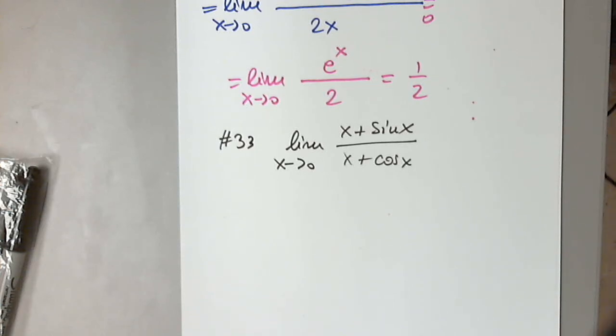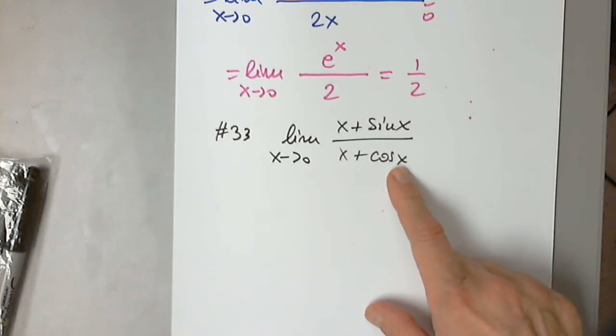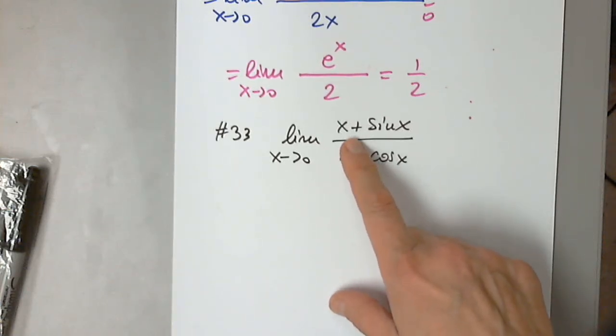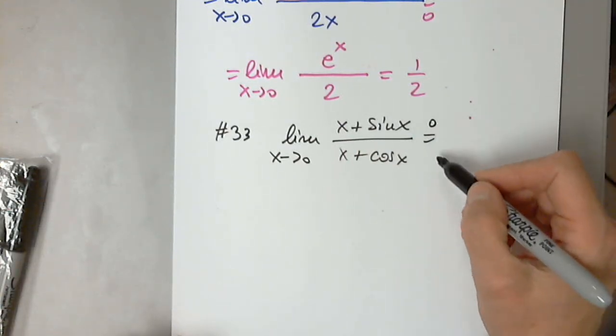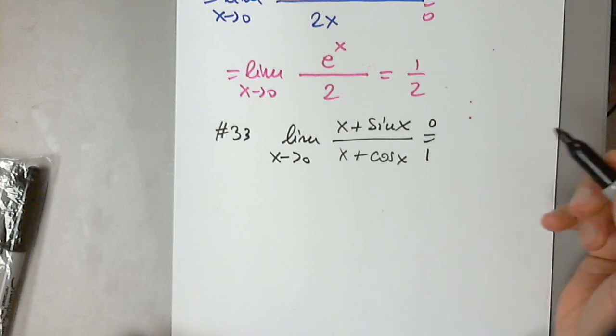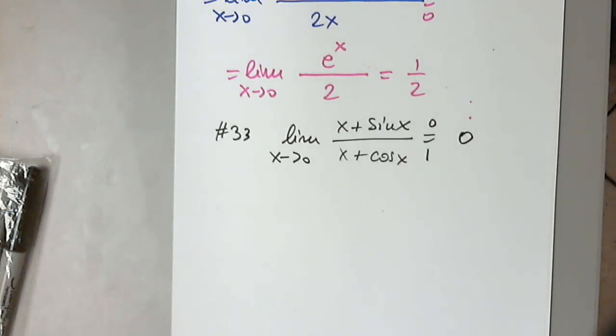The denominator approaches 1, and the numerator is 0 plus 0. So the numerator is 0, and the denominator is 1. So the answer is 0, I did not have to use anything. That's why it's mandatory to plug it in first, because you can